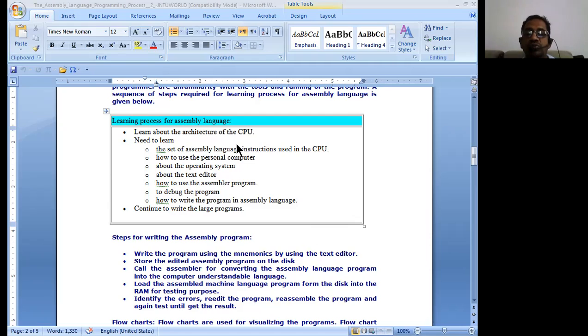As I was telling you, writing assembly code is a bit more tedious than writing the high level programming code using languages like embedded C. So we are writing purely using the assembly code. Therefore, what are all the things which are so important to remember? That is the issue for us.